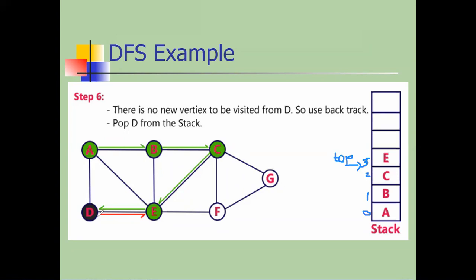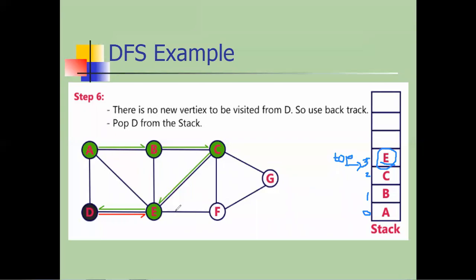Okay, why did we remove D? Because its adjacent are already visited. Now we are focusing on E. Why are we considering E? Because which is the current element at the top of the stack? E. And the stack has only one pointer. From this only we can insert an element into the stack and remove from the stack. I hope you're clear now. So we focused on E.